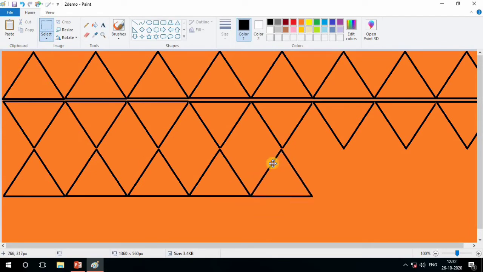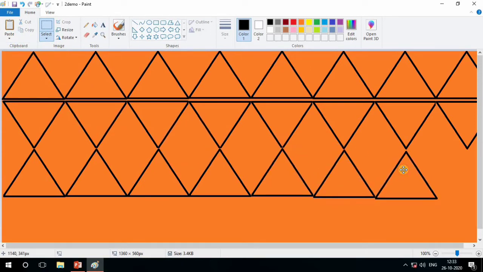Interesting, na? Would you like this picture or not? See, if you want to fill the color here, you can also fill it. But for that, you have to make some changes in this picture, because the line will not completely fill here. You can see the edges are not completely here.